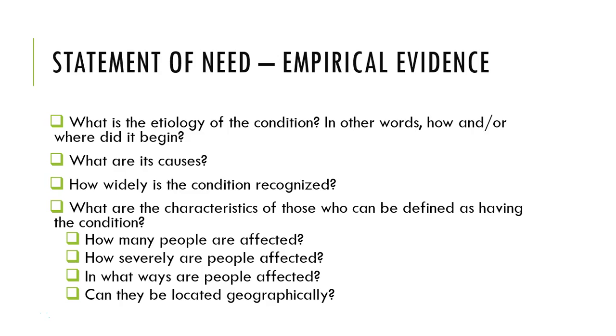So for the empirical evidence section, you're going to address the following questions. What is the etiology of the condition? How did this problem begin? Where are the roots? Is there a traceable history to this problem, how it developed, and how it came to be today? You want to look for that information because sometimes addressing historical roots of a problem can be important in establishing efforts that have been tried before and where your program may be innovative or different, and why that's compelling to try something new. What are the causes of the problem or condition or unmet need?